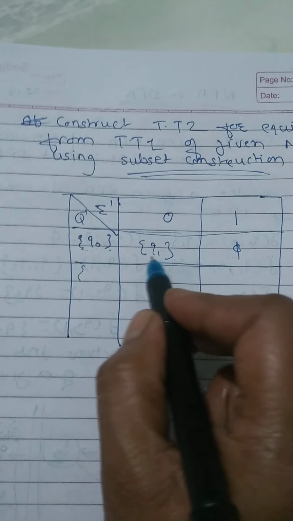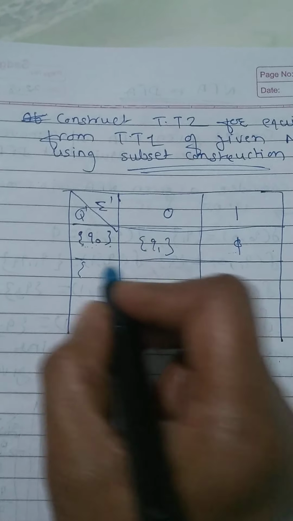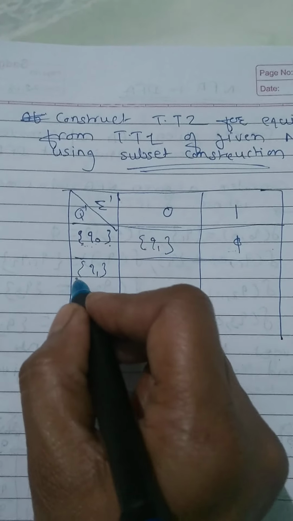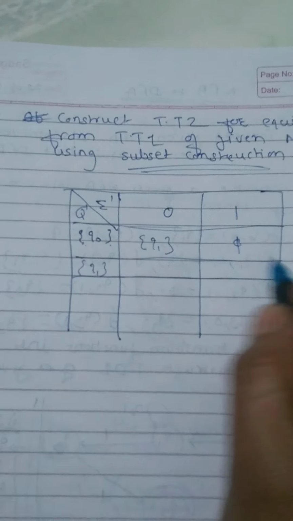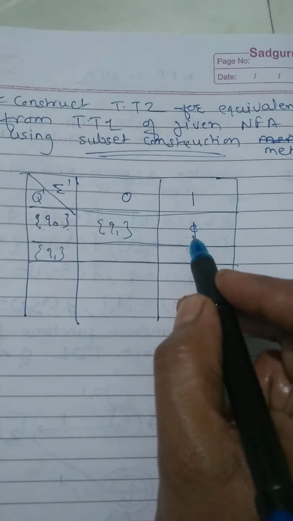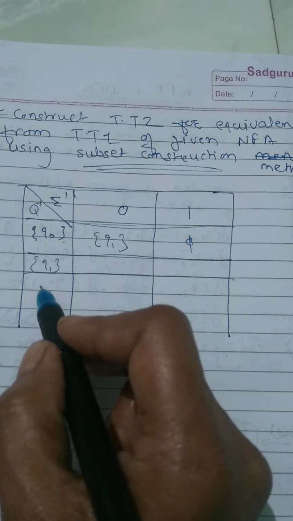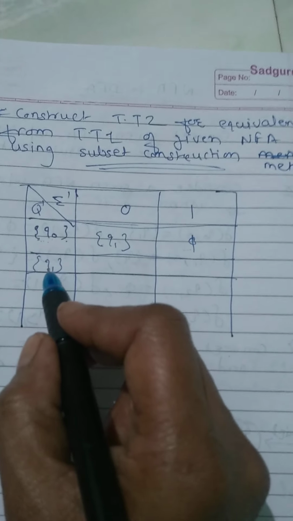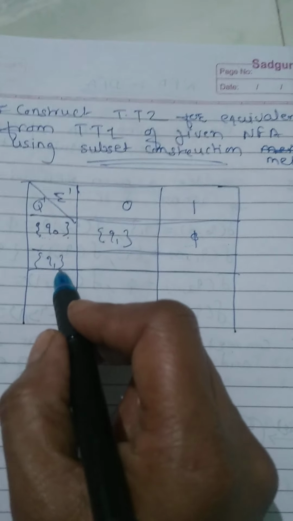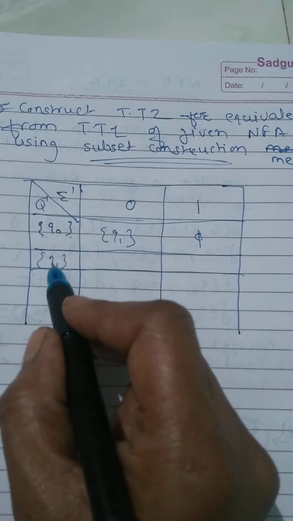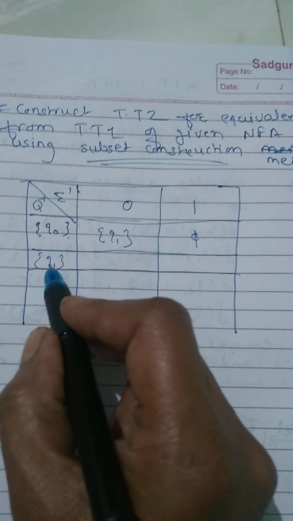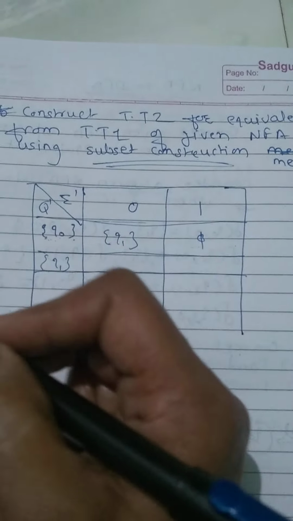Which new subset did we add here? That is Q1. So now consider this one. Phi is there, and there is no need to consider phi. If there is another subset, we have to consider it again. Now let's see Q1. Again, in this subset there is only one state, Q1, so we can copy the row of Q1 from the previous table.